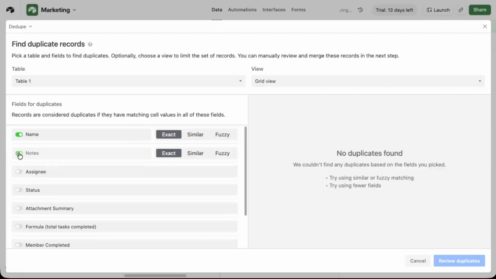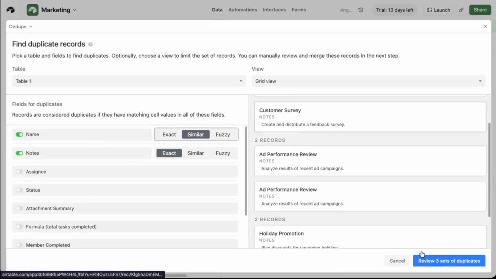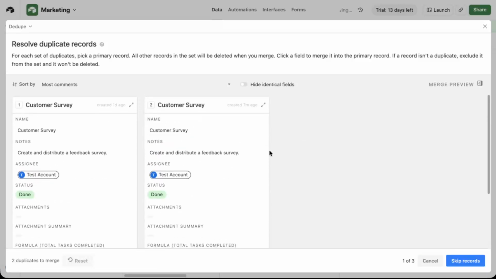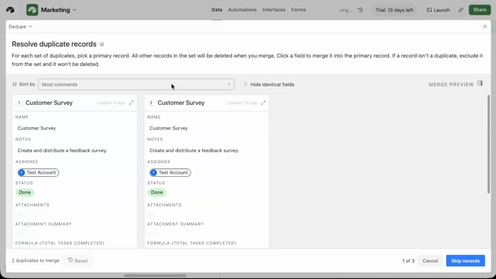After dedupe runs, it will show you sets of suspected duplicates. Click on Review one set of duplicates, or whichever set is shown, to start checking them. You'll see the records side by side, so you can compare them easily. From here, click on the record you want to keep. You'll get options to use it as the primary record, exclude it from the duplicate set, or edit it if you need to adjust details before merging or deciding what to keep. Go through each set carefully and you'll have a clean